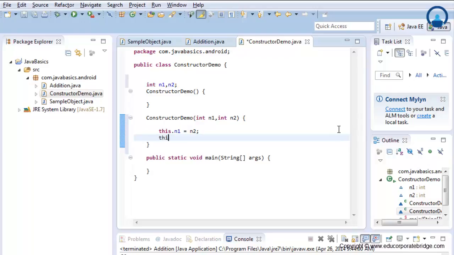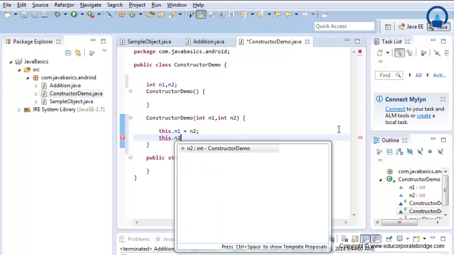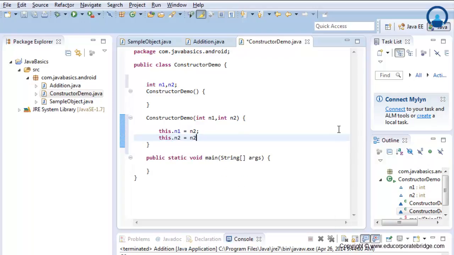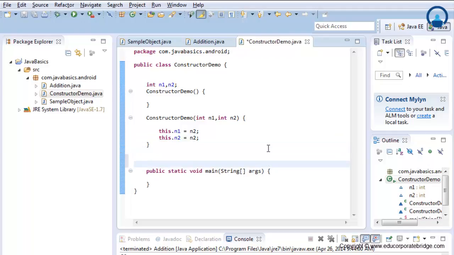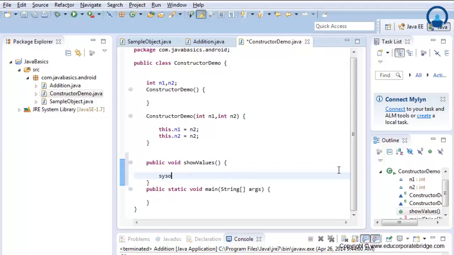I'll explain the complete functionality. This dot n2 equals n2. We can create a method, void showValues. Here we can simply print those values. n1 is plus n1,